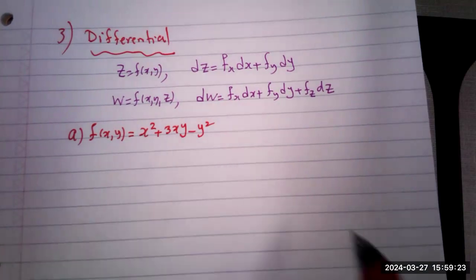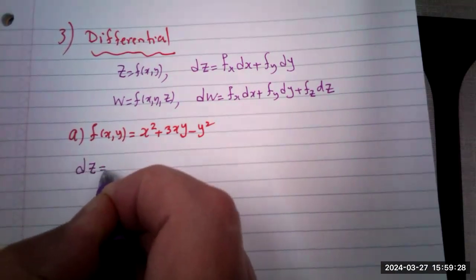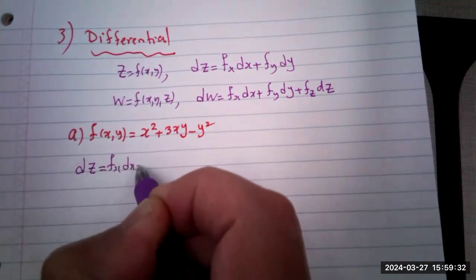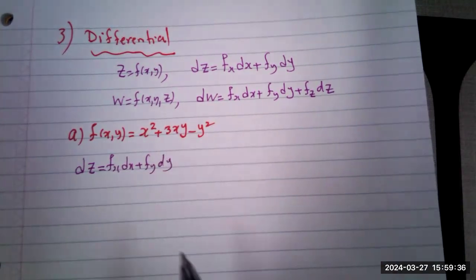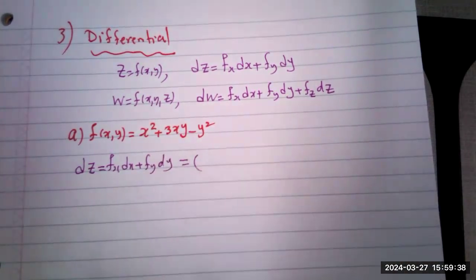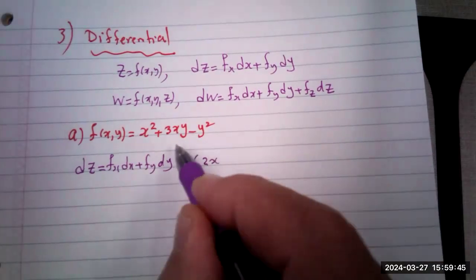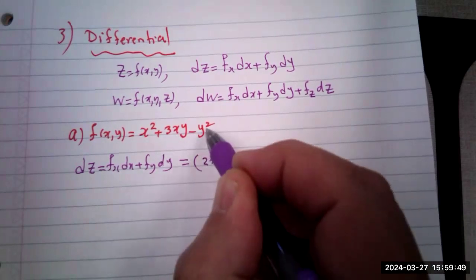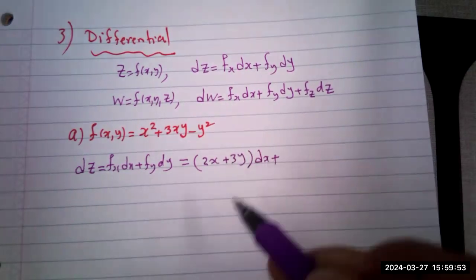Okay, so the differential of this function, differential of z if you like, is going to be partial of f. I write it down: f sub x dx plus f sub y dy, partial with respect to x, to the y, equal to. Open up the parentheses and get the partial. To focus on x, the derivative of x squared would be 2x. The derivative of 3xy would be 3y. This would be 0. So times that by differential of x, plus